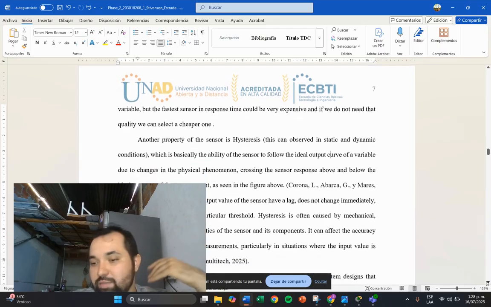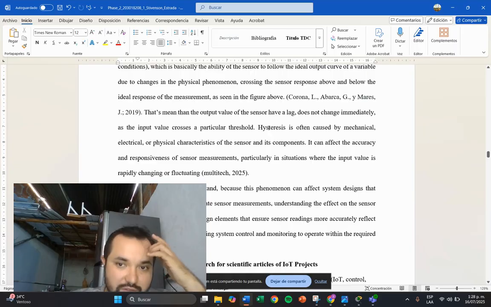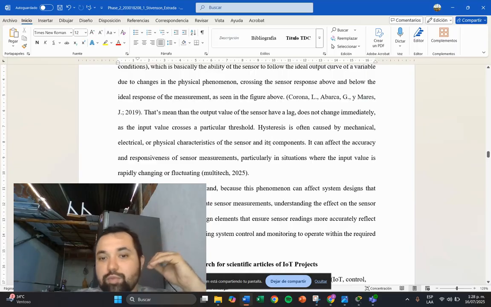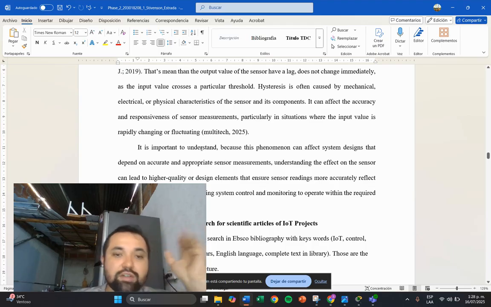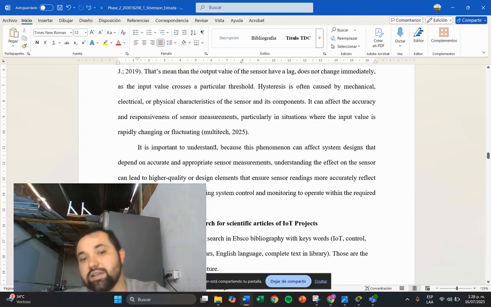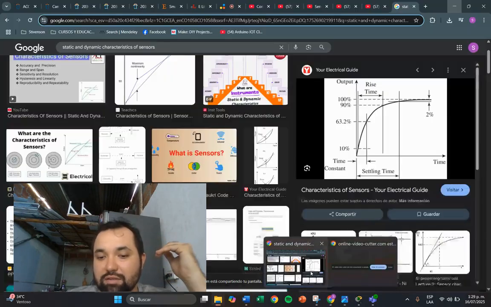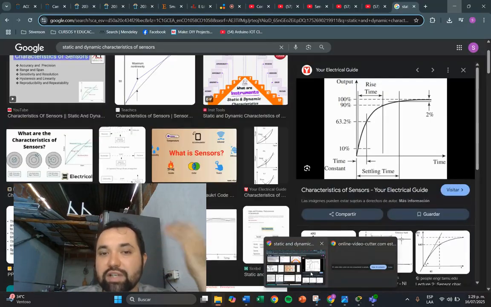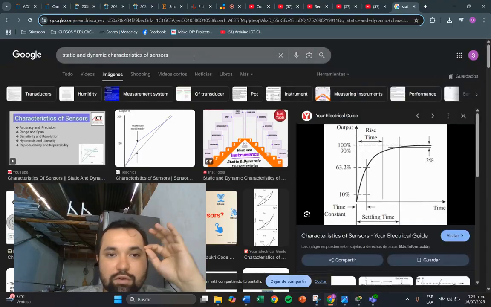And the hysteresis depends on mechanical, electrical, or physical properties of the sensor and its components. It can affect the accuracy or the precision of the sensor and other characteristics. It's important to understand that because if I want to select a sensor for a different request or